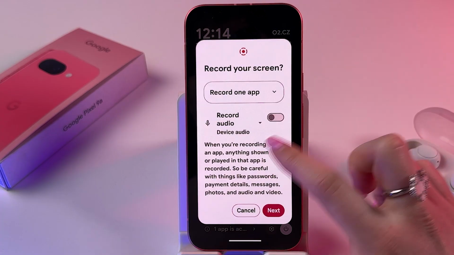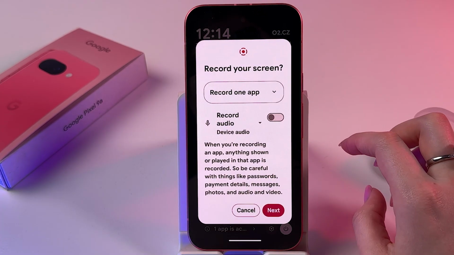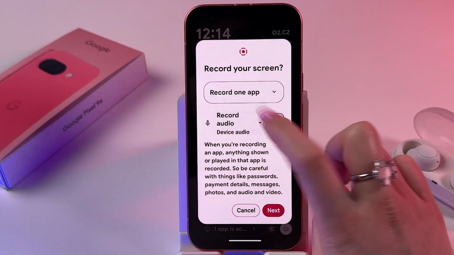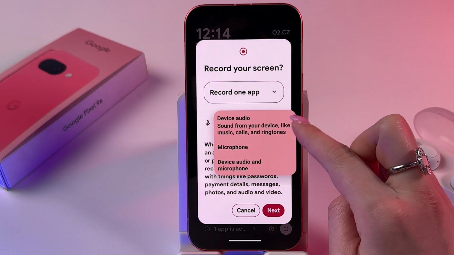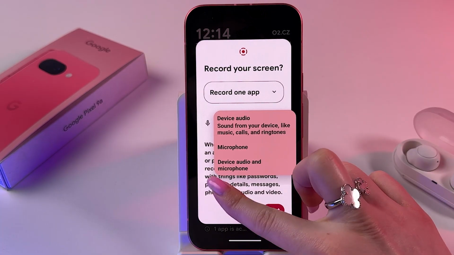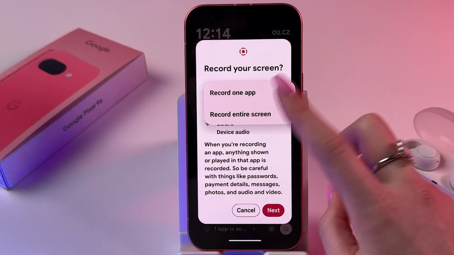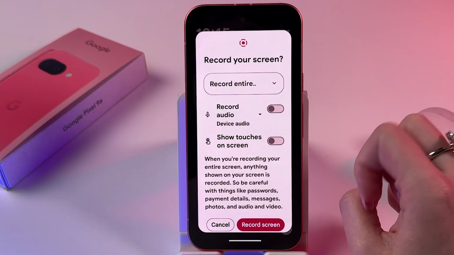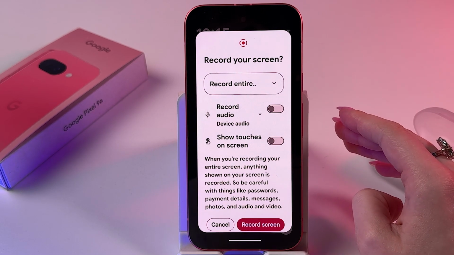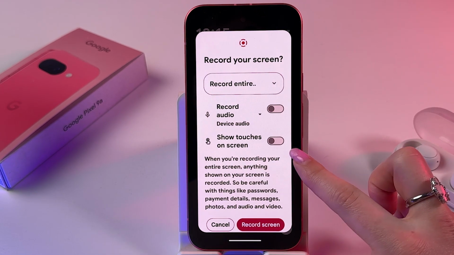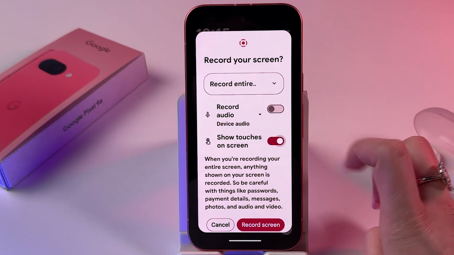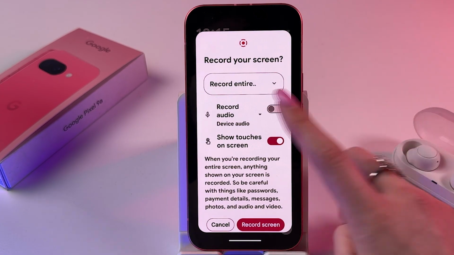One app, which means that anything shown or played in that app is recorded. Additionally, I can choose either a device audio, microphone, or both. Or we can switch to record entire screen, and anything shown on your screen will be recorded. With this setting, we can also enable to show touches on screen, which will be presented like a white dot, and